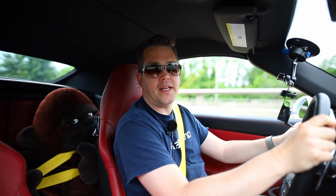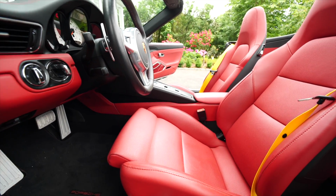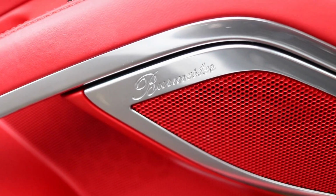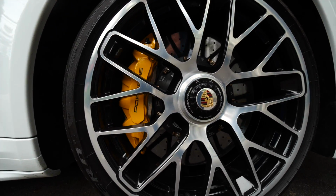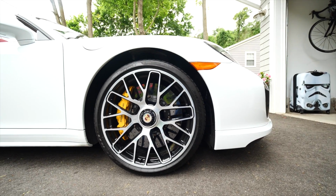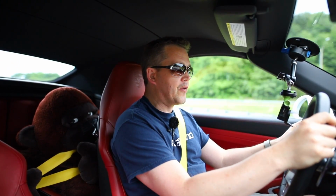And the Turbo S comes with many standard features you normally have to pay for on most 911s, including carbon fibre, the 18-way seats, the active spoilers for front and back, Bose sound, although this one's got the Burmeister upgrade, LED lights, the centre lock wheels, carbon ceramic brakes, rear axle steering, Porsche dynamic chassis control,